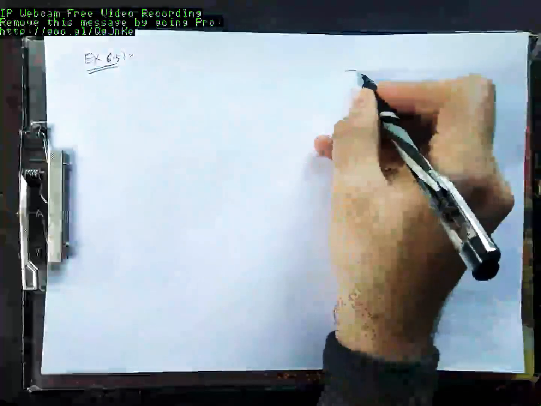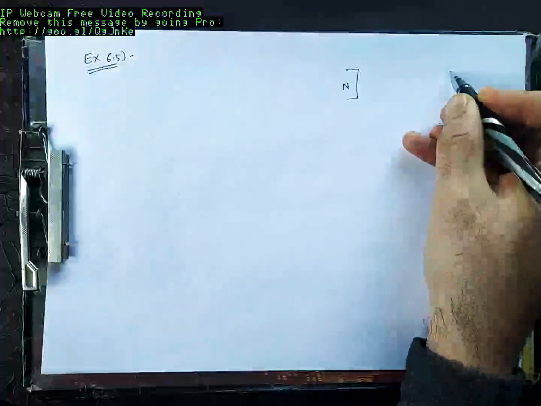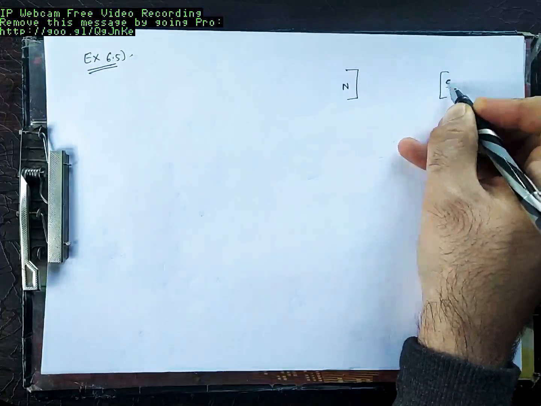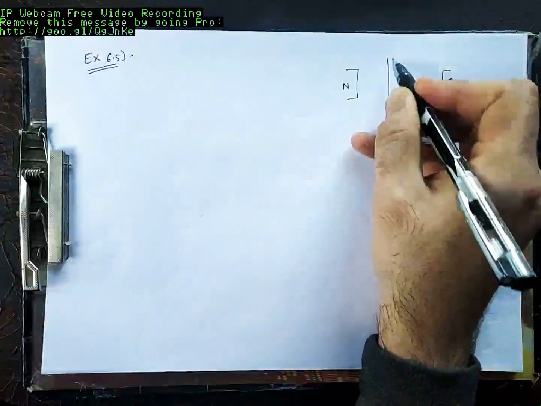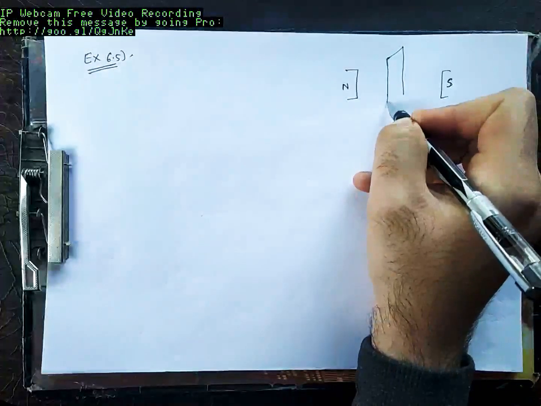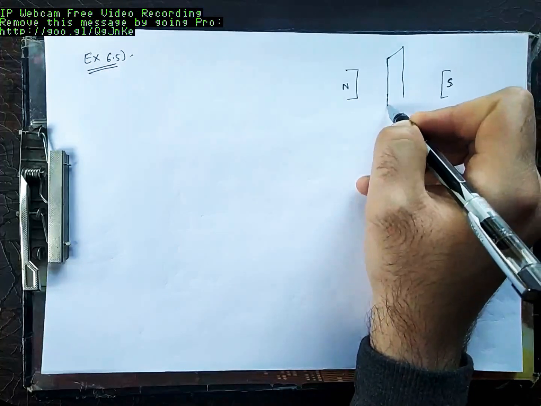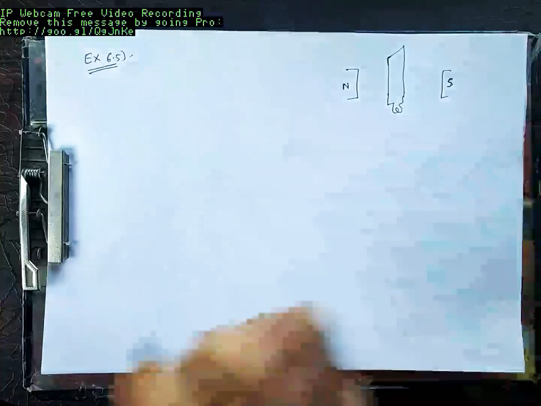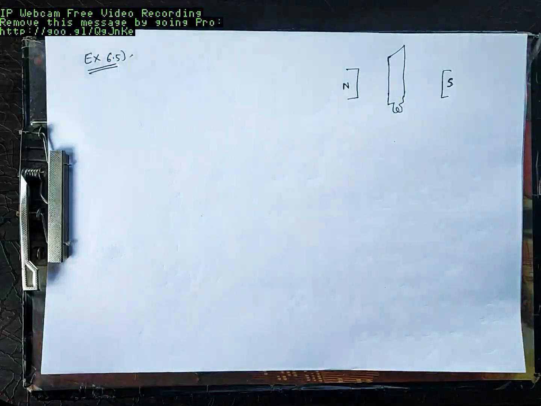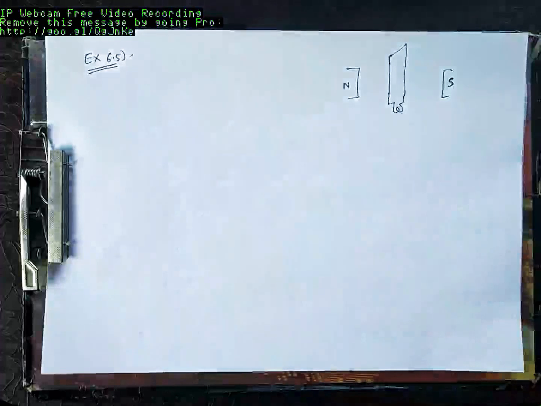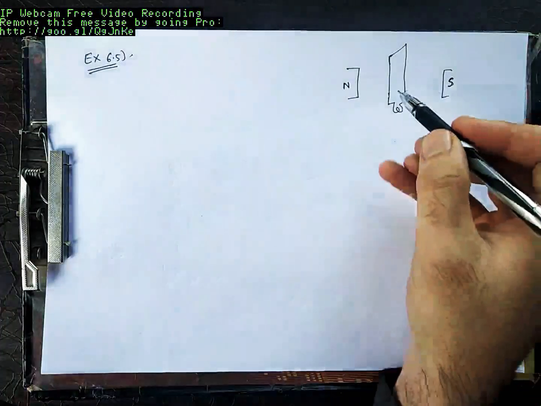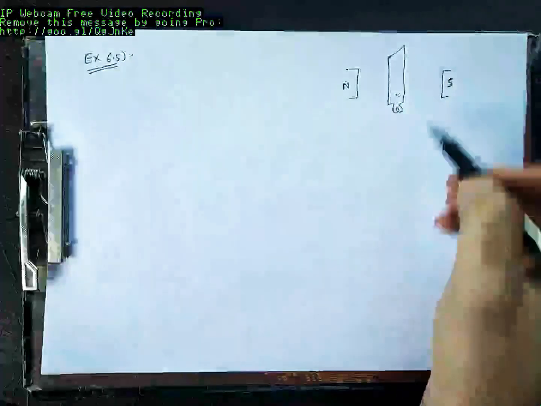It's given that you have a north pole on this side, you have a south pole on this side, fixed north and south pole, and a constant magnetic flux density. You are placing a loop over here. Let's suppose we connect a bulb over here. The question is asking here is, if we have a loop between a north and a south pole, will there be an EMF induced in this or will there be a current flow through this?